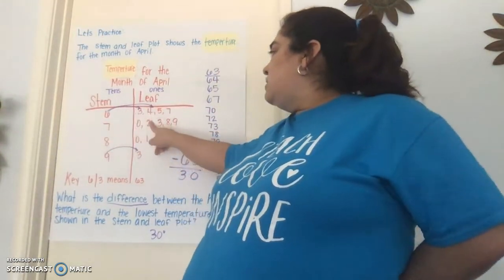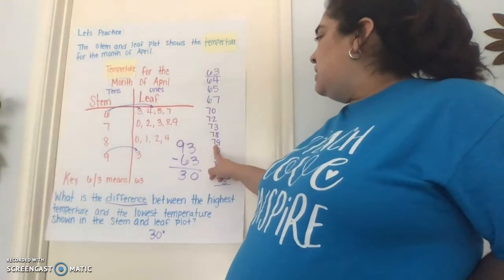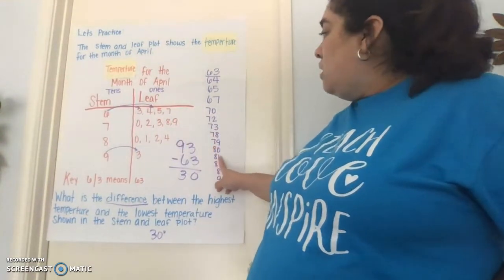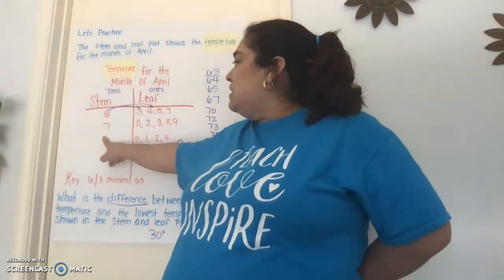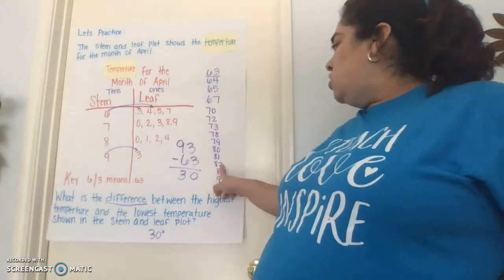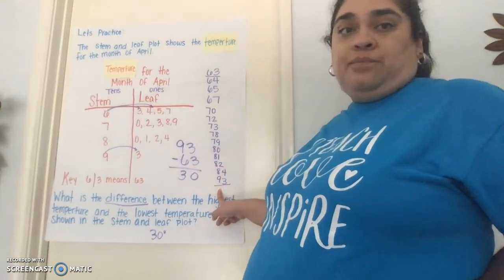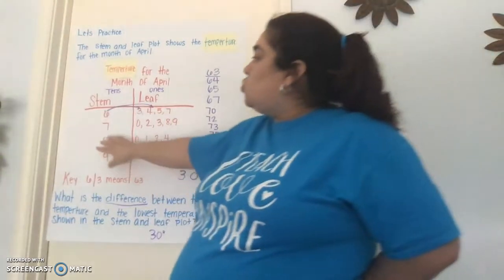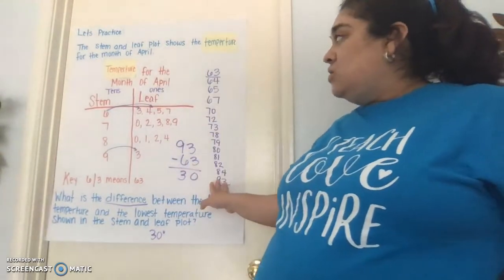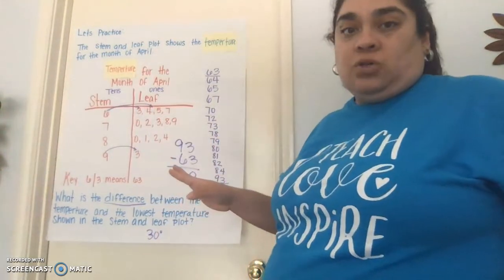70, 72, 73, 78, 79. Okay, now I go to the 80s. 80, 81, 82, 84, and then 93. Okay, so you would just write it out on the side so that way you know you're basically combining your numbers. Okay,